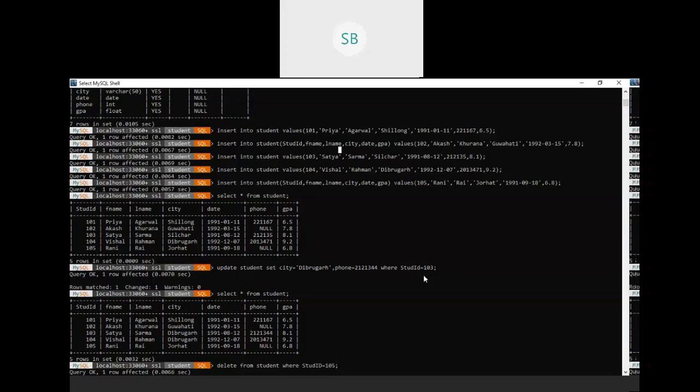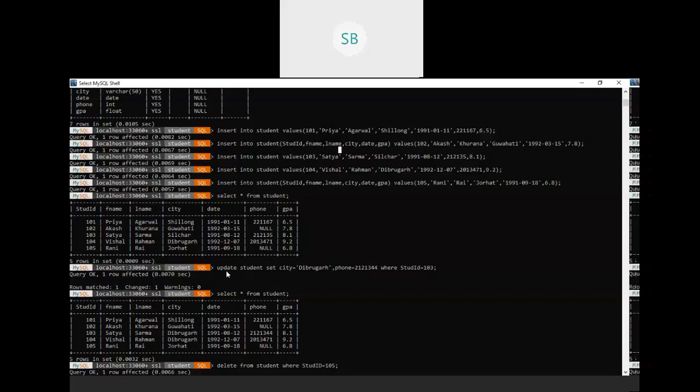Many of you wrote this as a single query, right? Many of you did it in two queries, like set city equal to Dibrugarh, and again you ran a second query. So it is not correct. The question is for number 5 only, so I have to do it in one. So we will use the comma operator in it.